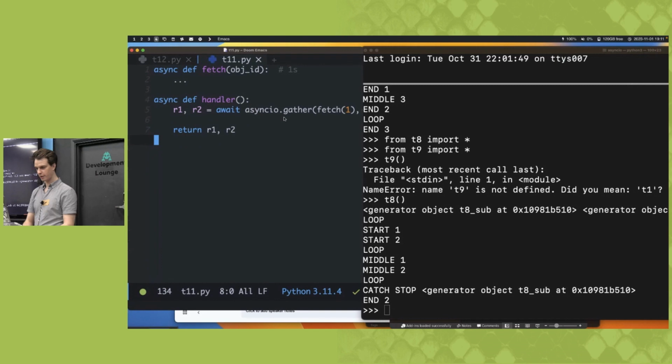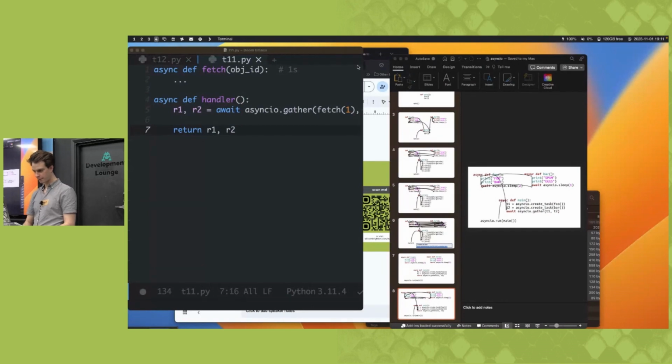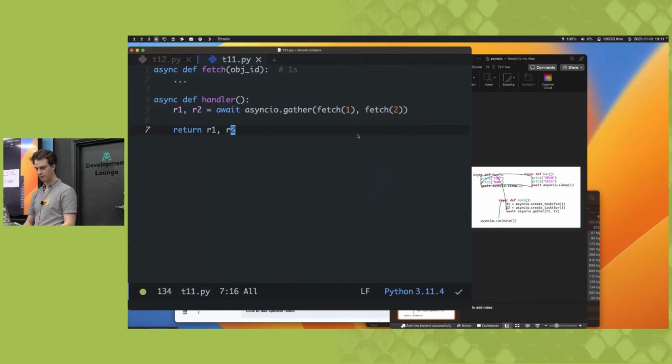Number 11. So basically, the approach here is we can call asyncio.gather. Yes, we go asyncio.gather. So remember, if we call these without an await, we're just getting the generator object to that point. So we're basically passing our coroutines, in async speak, into this function, and then we await on this function. This function will basically create 2 tasks that are scheduled into the event loop. So next time the event loop runs, it will run both of them,